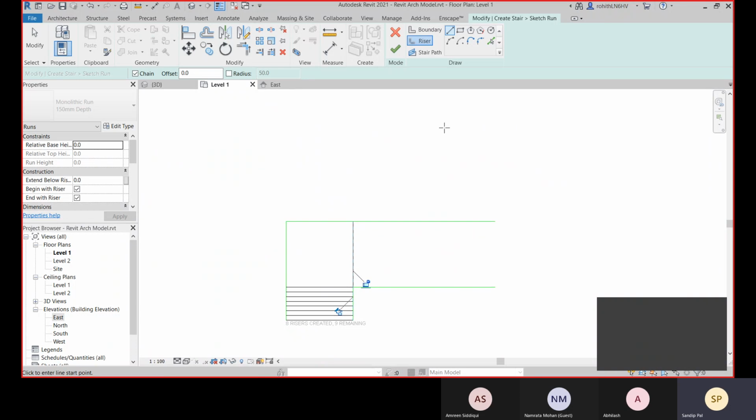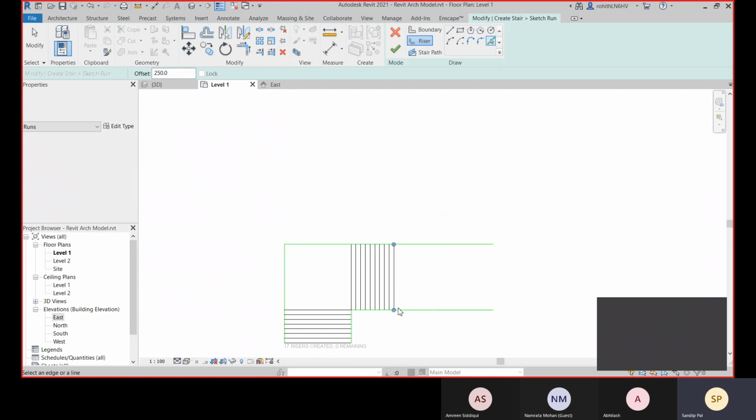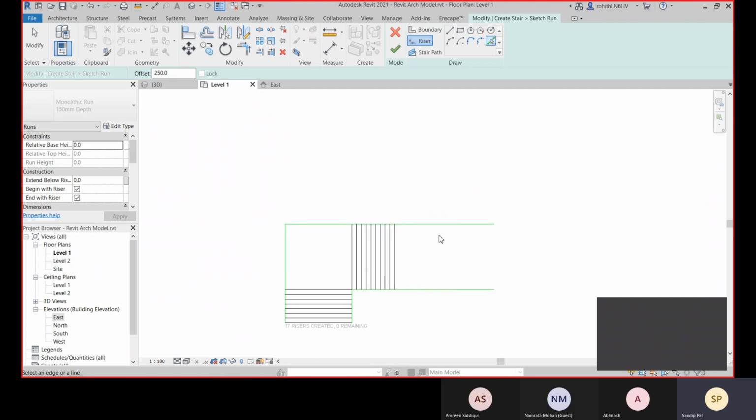Then with this pick line we will define the offset value, that is 250. Sorry, it's overlapped. Here it will show you how many risers are remaining.